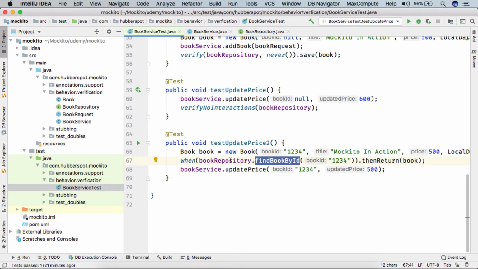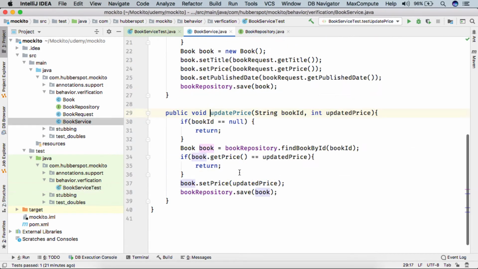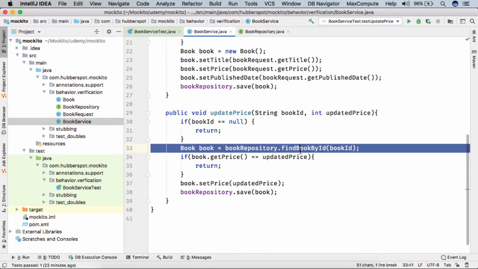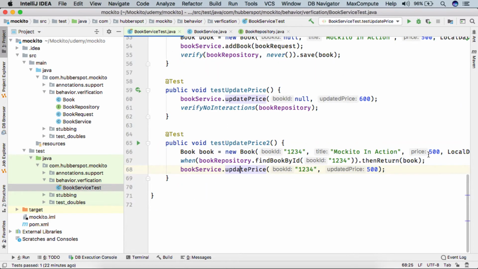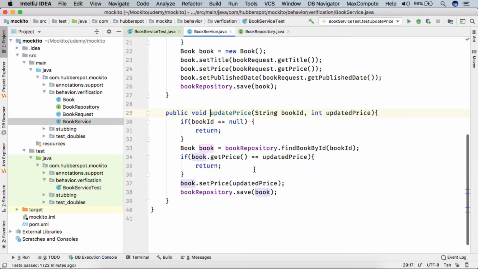So friends, as we have stubbed the bookRepository findBookById method to return this book, when this method will be called on the mock object, we'll get the book with the price as 500, which is this, and we are updating it to 500 only. So friend, from this part we'll be returning from this method and the save will not be called.